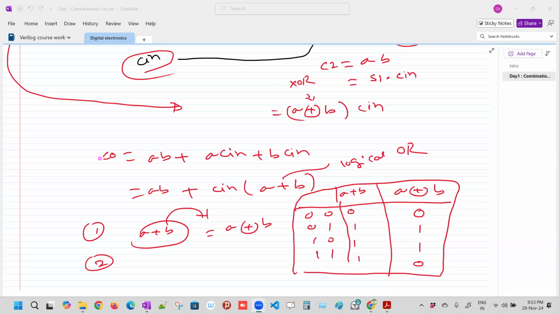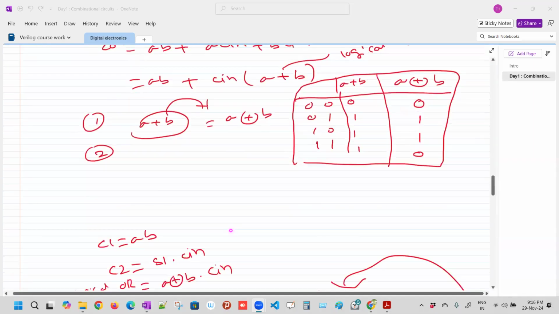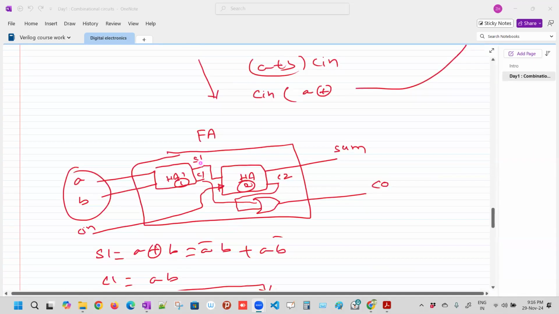Here, when we worked using K-map for CO, we got AB plus AC in plus BC in. And when we further simplify this Boolean expression, we end up having AB plus C in of A plus B. But when we are trying the full adder using two half adders, we are